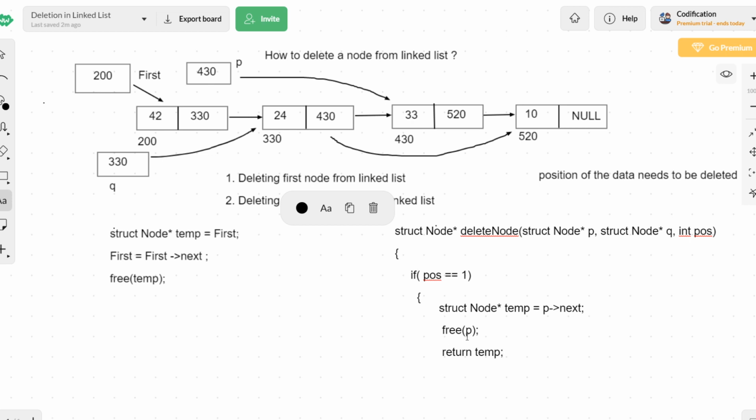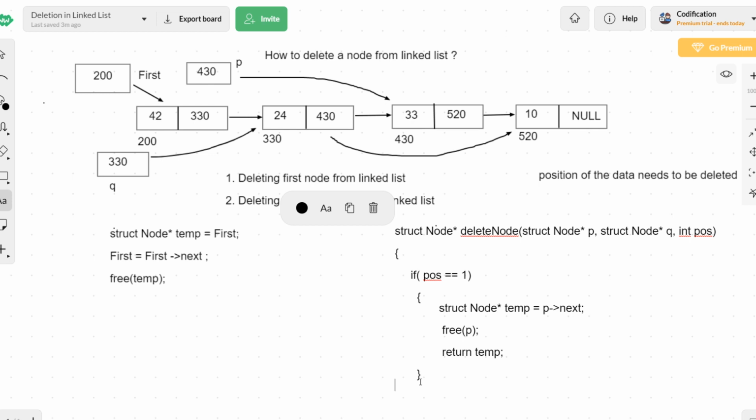So what we are doing is, if the first node needs to be deleted, we create a new pointer and store the address of the second node, which is P of next, in that pointer, delete the first node, and return the address of the second node, which will become the address of the first node hereafter. Okay, the receiving end we will discuss later, how to receive it. But while sending, we need to send the address of the new node. Very important.